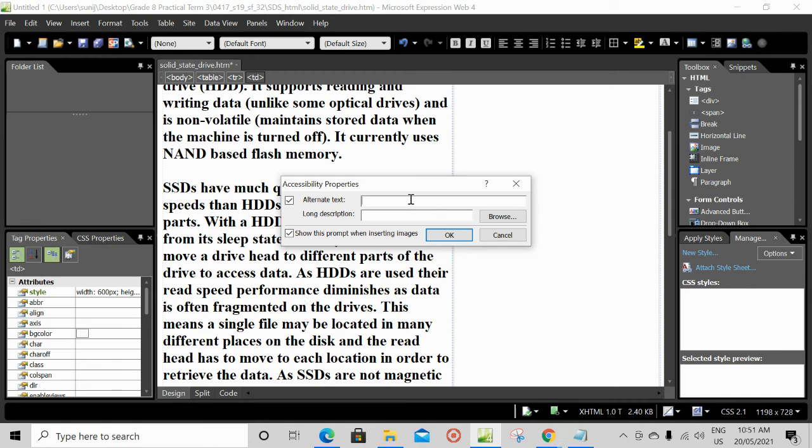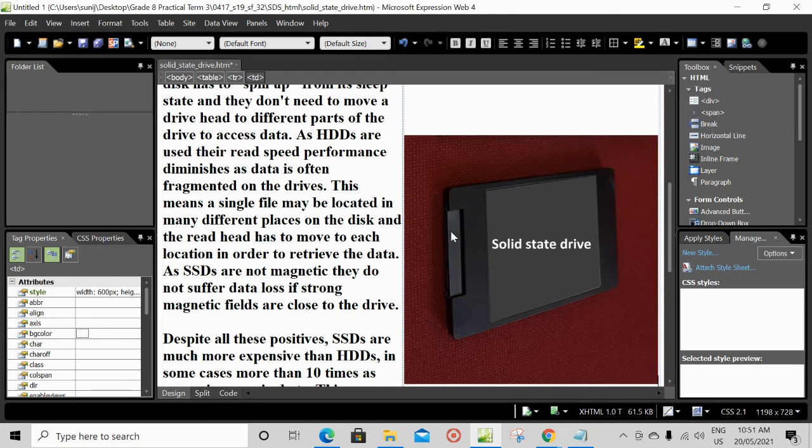You have to enter alternate text. Alternate text means the text that will get displayed if in case your picture is not getting displayed. So you can write any sensible alternate text, picture of SSD or solid state drive. Click OK. So now that picture is inserted here.